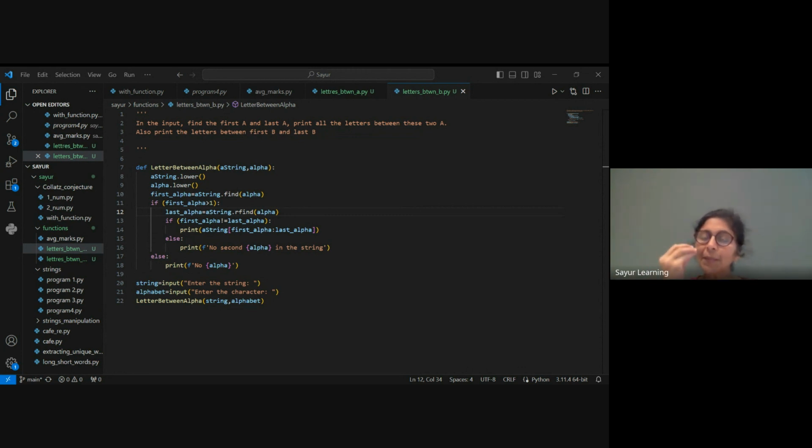So this is another purpose of functions. If you're doing the same code over and over, what was the difference between finding A and finding B? When you wrote the code, find letters between A, find letters between B, what is the difference in the code? What is the difference between these two codes? It's exact same code except for,